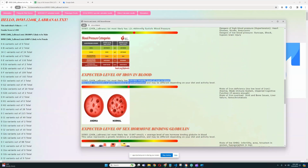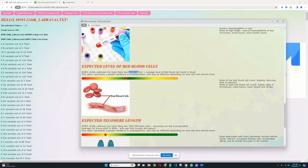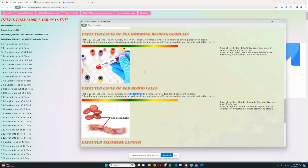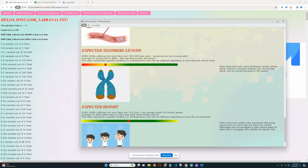Below average level of iron in the blood, which is good because it means he doesn't have hemochromatosis. Yeah, I'm sorry, hemochromatosis. Below average level of sex hormone binding globulin, which is all right. Below average level of red blood cell count in blood, which is, I don't remember, I think it's bad. For telomere length, looks like he has predisposition to lower number of base pairs, which is